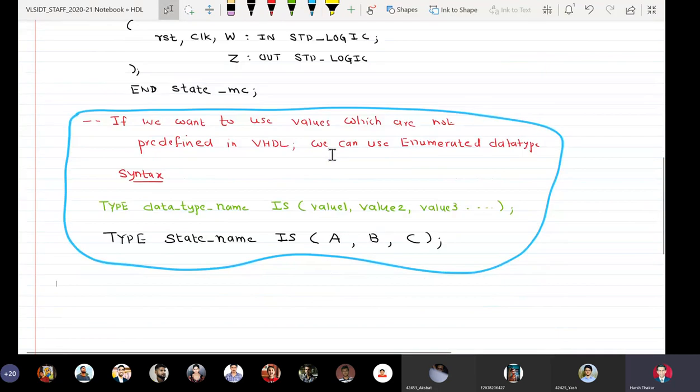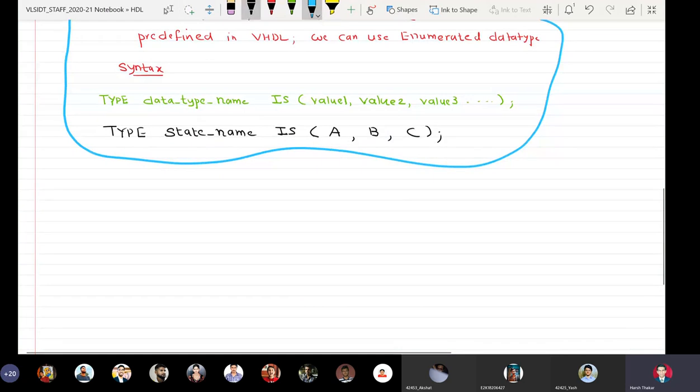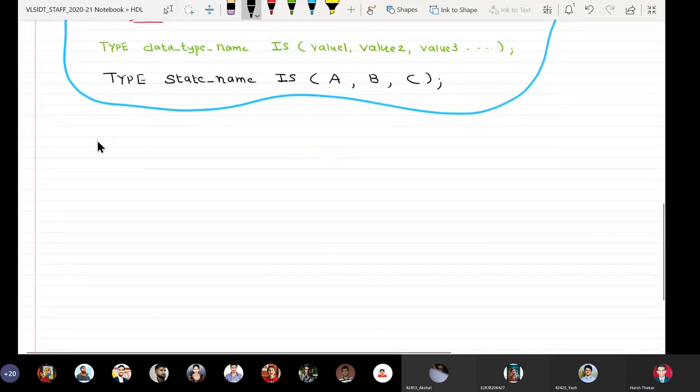So now we start with the architecture body. Architecture name: our architecture name is entity name underscore arch of entity name is.